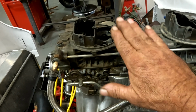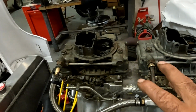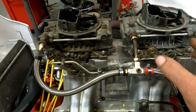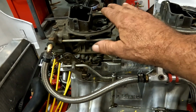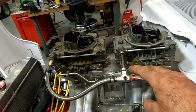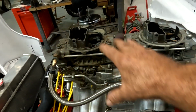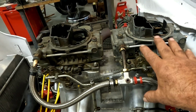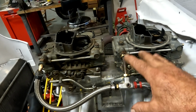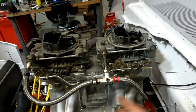So now we have two choices with this, if we're going to stick with this intake manifold and that scoop. We can either get these carburetors to open sooner manually, which is working with a handicap because we don't have an accelerator pump for the secondaries here, or we can switch to a pair of AFB style carburetors, so Edelbrock's, and they'll fit. That whole deal will work. We would have to go to a pair of 750 Edelbrock style carburetors to match the two 600s that we have here. And the 1200 CFM is